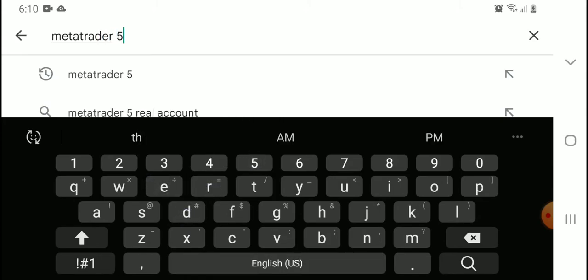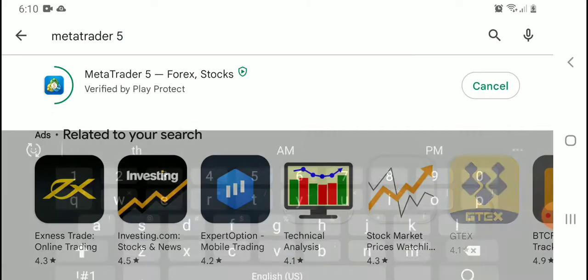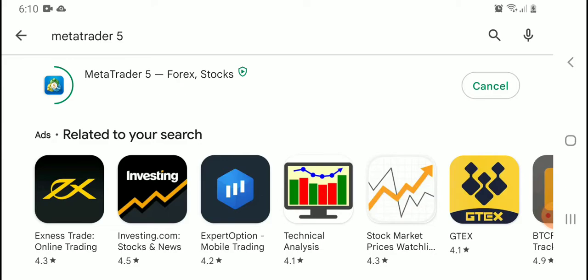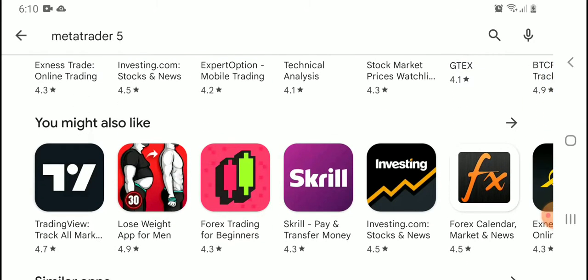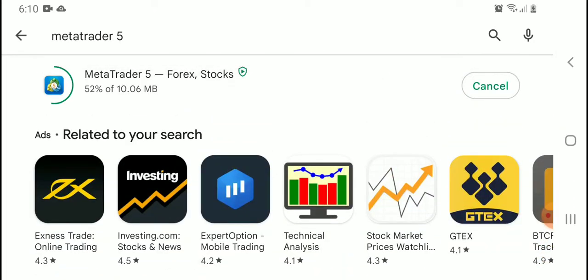Open your Play Store or Google Play and search for MetaTrader 5. Make sure you have a very good internet connection. You will see that it's the first in the search list, MetaTrader 5 or MT5. Click on it, then click on install. After downloading and installing it, we shall go ahead to configure it and see how we can use the app and set up the graphs and charts, and of course log in to our